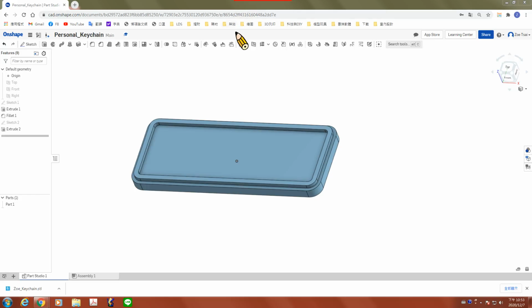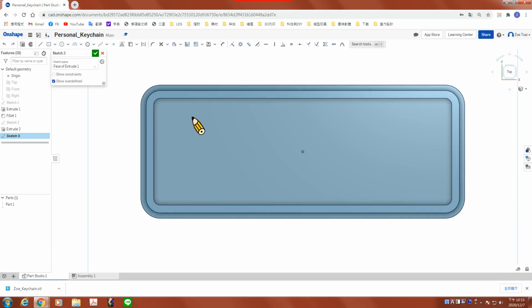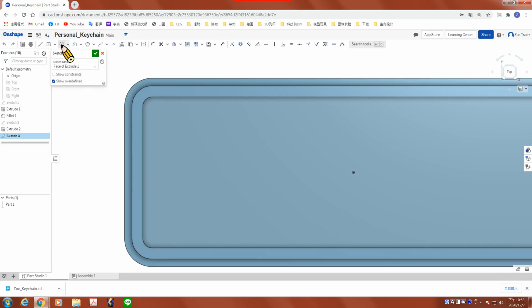For the next step, we're gonna create a circle at the up left corner right here. So we select the surface and say sketch. I will change it to top view so I can get a better view here. I'll use the circle tool here. So I create a circle. Okay, right now it's not at the correct position, but that's okay. I can change it later. I will use the dimension tool to set the diameter first. So this diameter is 3 mm,